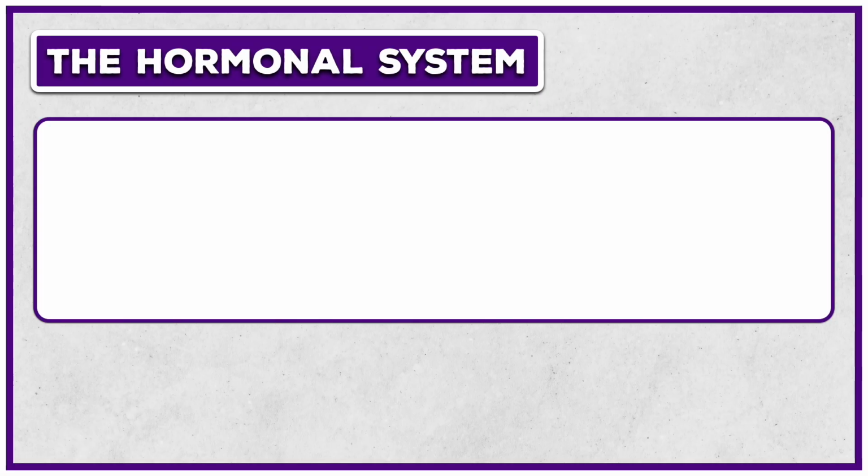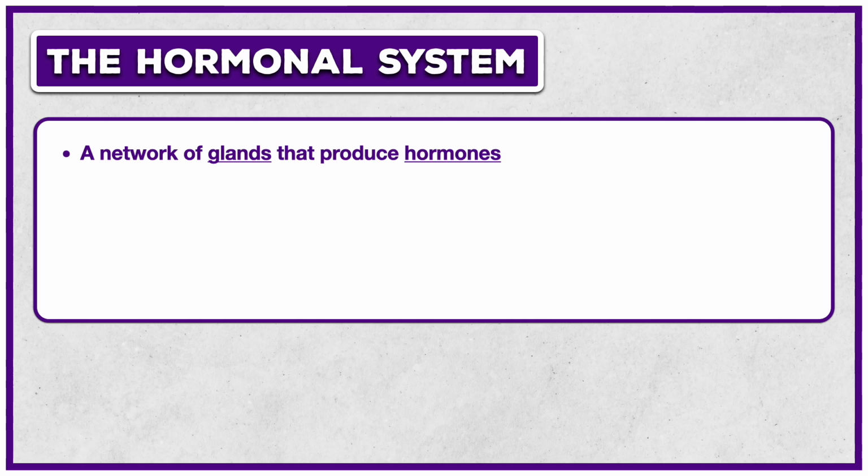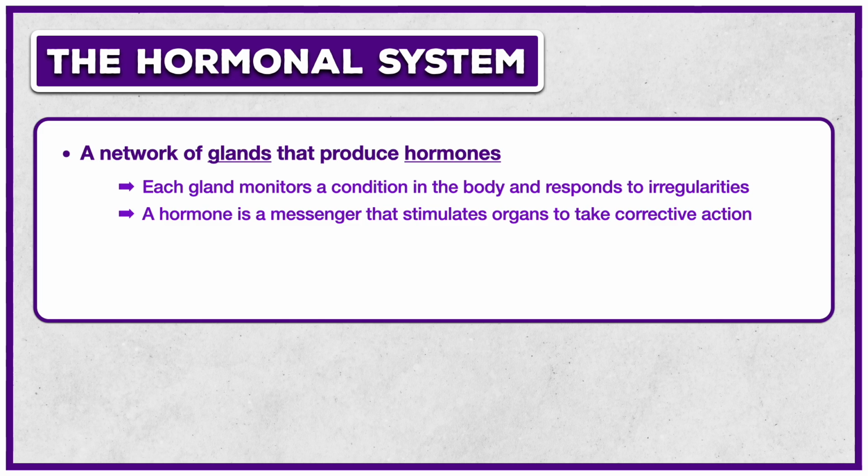That brings us to the hormonal system. The hormonal system is a network of glands that produce hormones. It's one of the two major communication systems in the body, the other being the nervous system. Each gland monitors a condition in the body and responds to irregularities. Irregularities result in the production of one or more hormones, and a hormone is a messenger that stimulates organs to